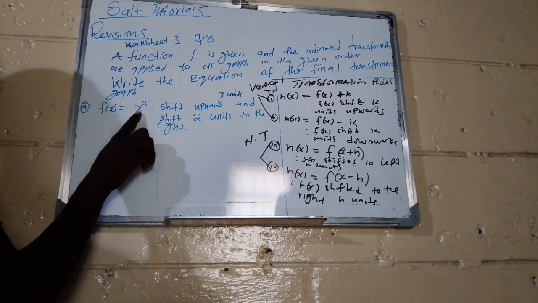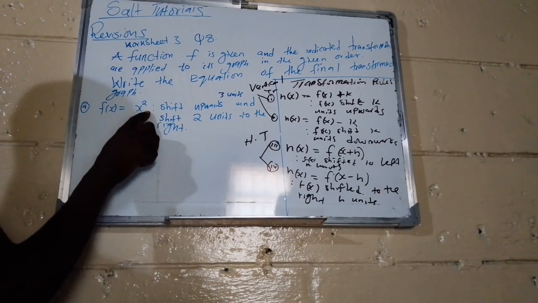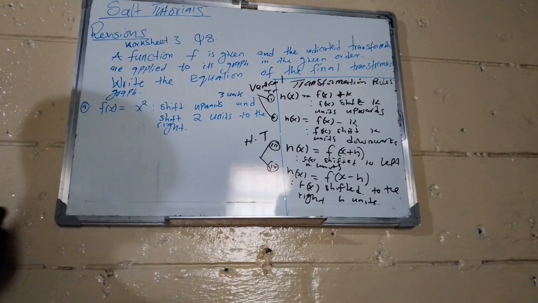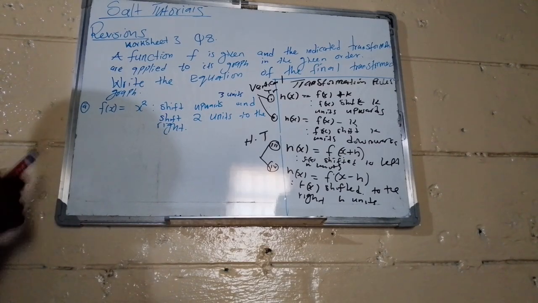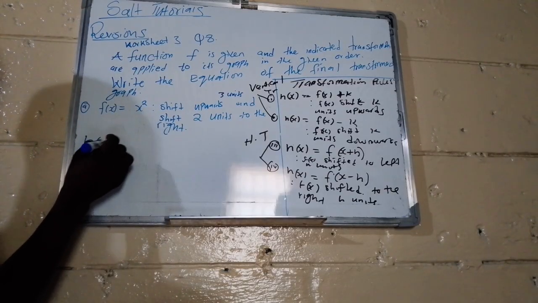Inside the square will represent a horizontal translation. Outside the square, there will be representation of the what? Of the vertical translation. So what will be the solution for this one? We can represent h of x to be our final equation